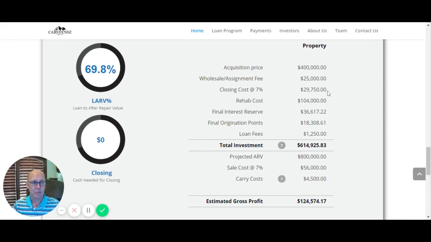And these would be closing costs that would be rolled into your loan. The rehab cost we have at 104,000. It then calculates the interest reserve because our loans do require a 6-month prepaid interest reserve to be set up, and this will be rolled into your loan as well. And it also calculates your final origination points, which would be 3, 4, or 5%, depending upon the loan amount, as well as our loan fees, which would be processing, underwriting, and our doc prep fee. So in this particular example, your total investment is